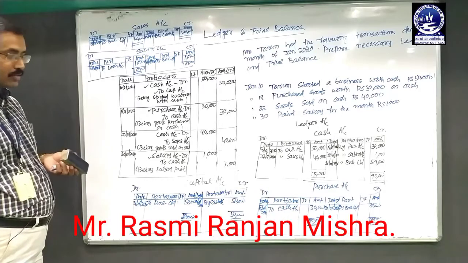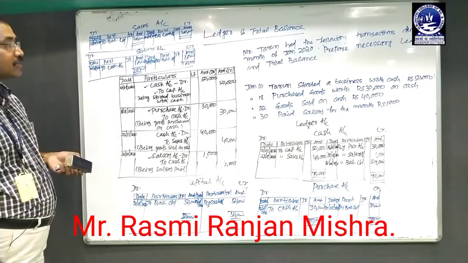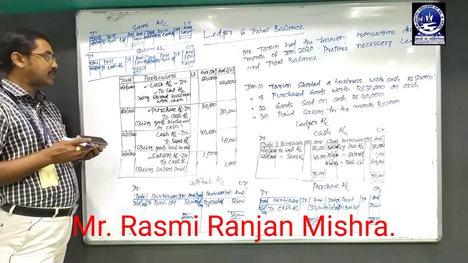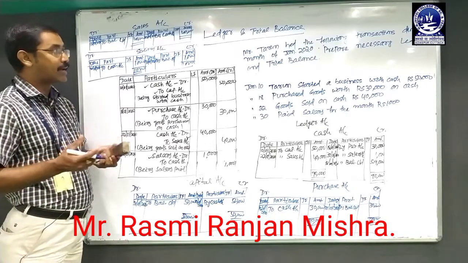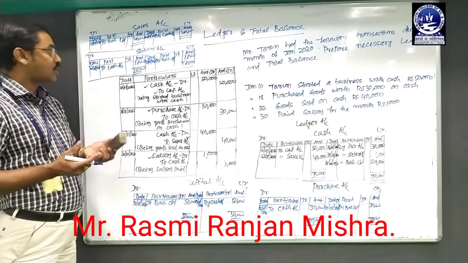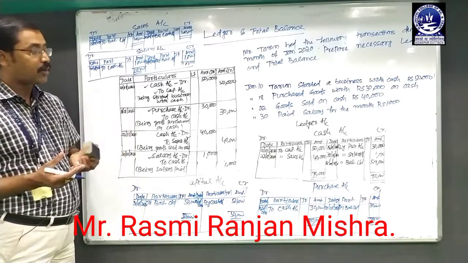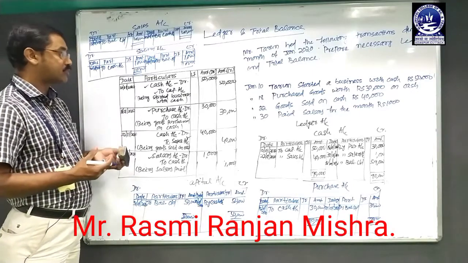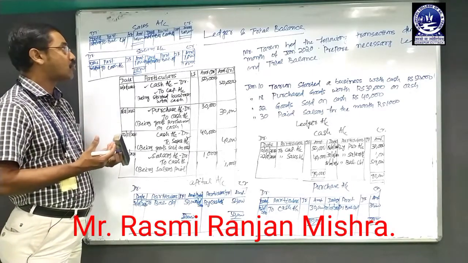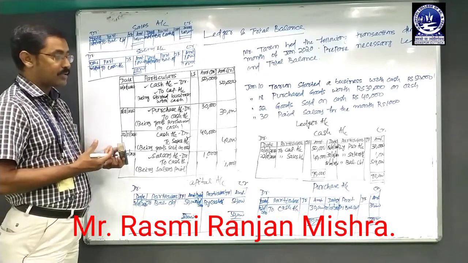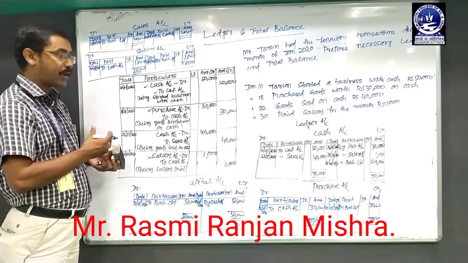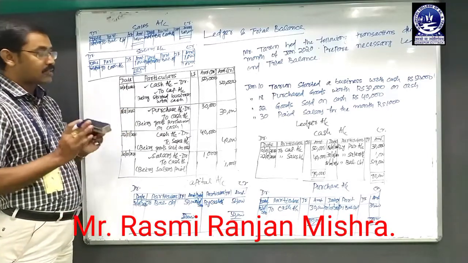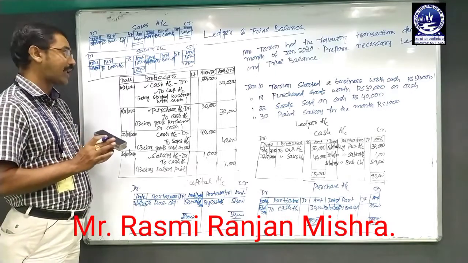Now I have already completed the 5 ledger accounts. Then the next part is preparing the trial balance. How will the trial balance be prepared? Before preparing it, we must know that the trial balance is a statement which shows the arithmetical accuracy of the books of account. That means whether the ledger accounts prepared are true or false. By preparing the trial balance, we can conclude that if the total of debit is equal to the total of credit, that means the debit balances of all the accounts equal the credit balances of other accounts, then the trial balance tallies. That means the problem is right in every respect.